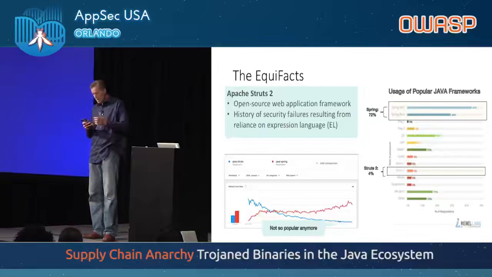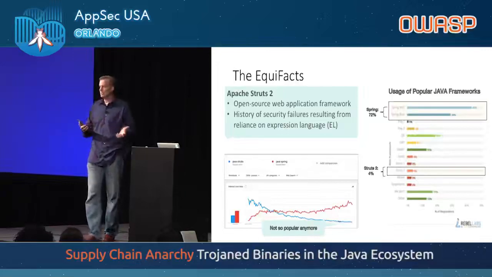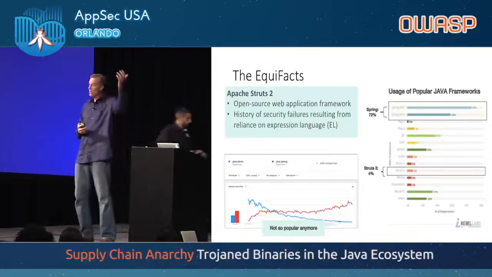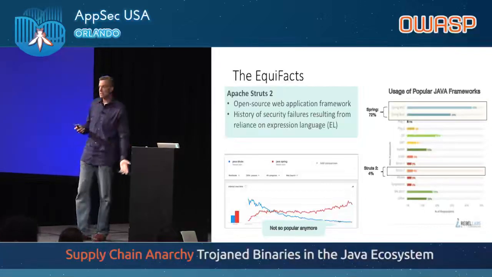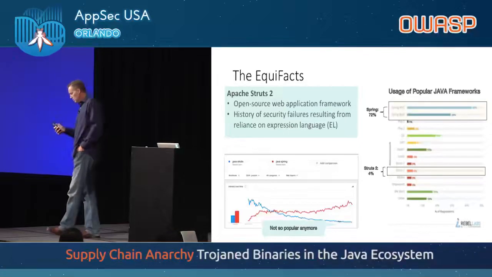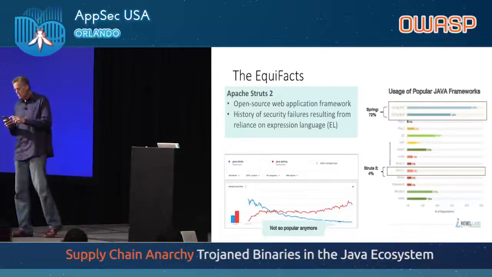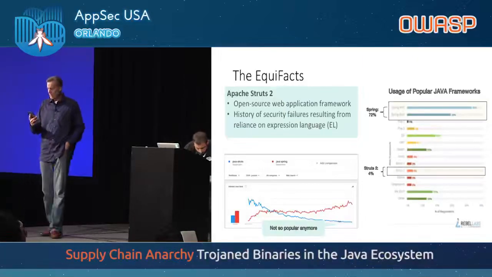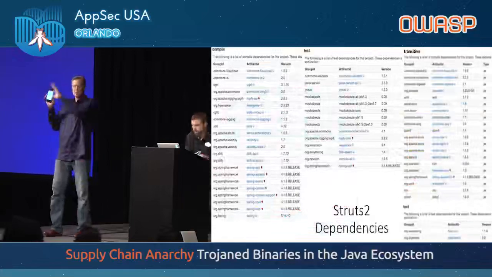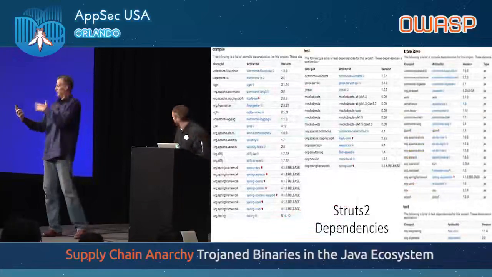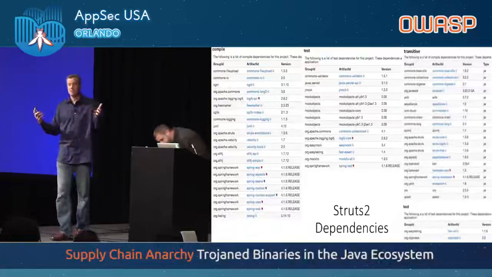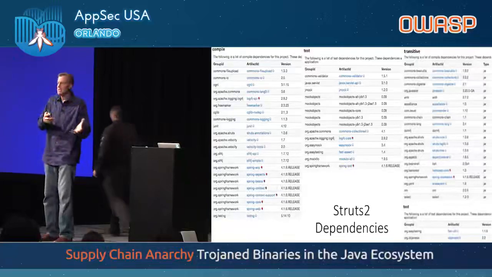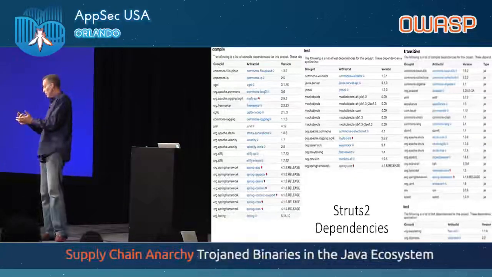Currently, Spring is like 72% of web applications, and Struts 2 is down to like 4%. But a few years ago, it was pretty big, and so there are a lot of Struts 2 applications out there. Struts 2's had some pretty serious CVEs, and we'll dig into a few of those. I've got another great slide here that shows all the Struts dependencies. So there's probably about 100 different jars here on this page. And some of them are compile dependencies, some are test dependencies, some of them are